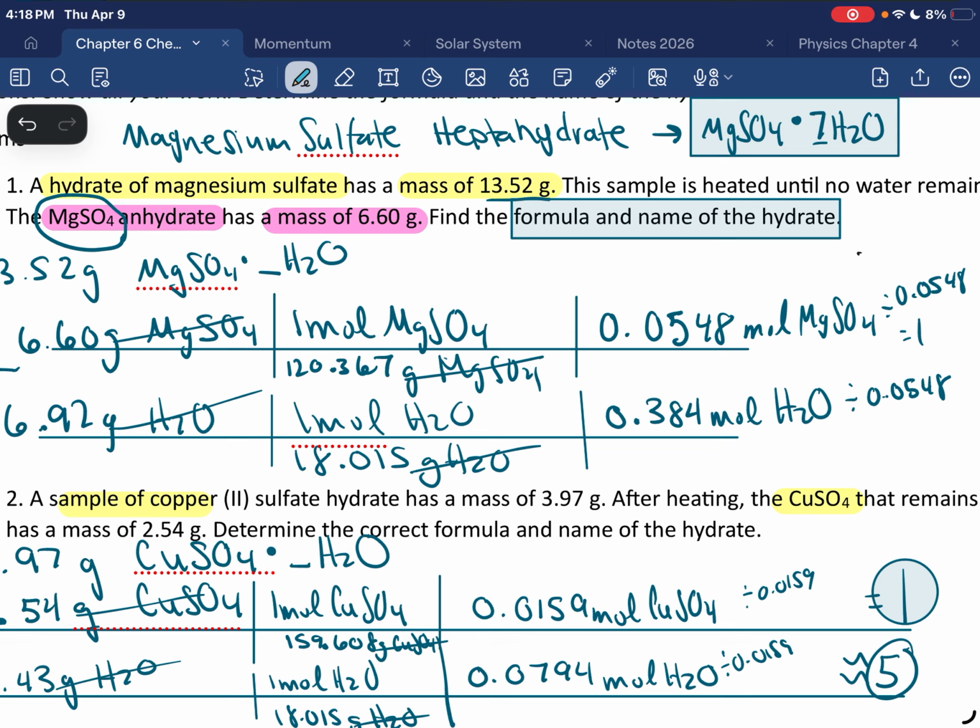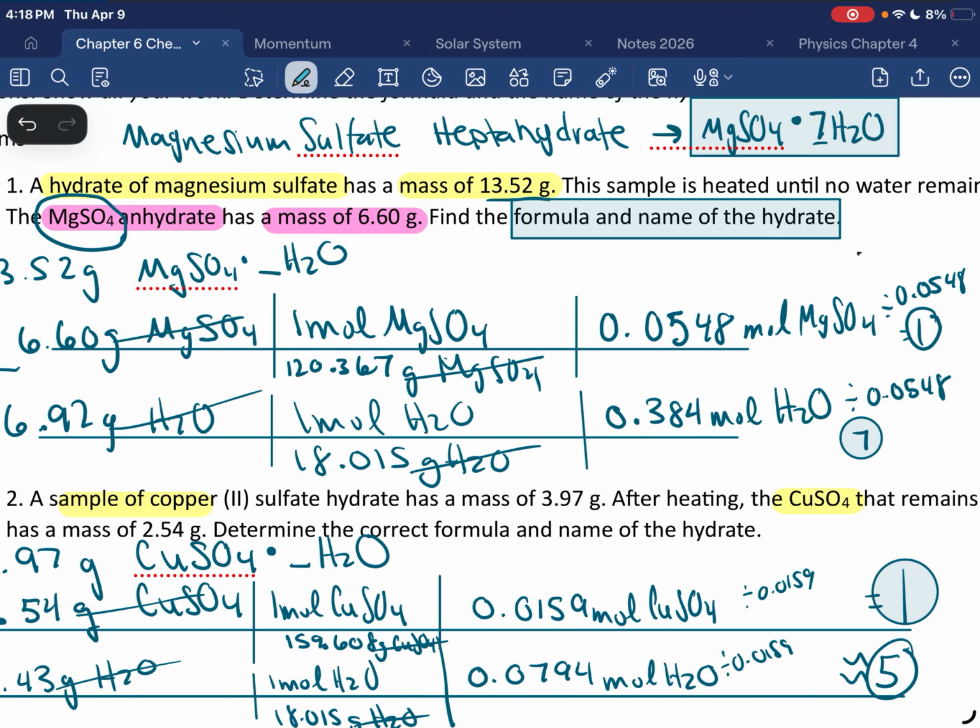And we set the smallest to 1. Now this should come within a tenth, okay? If it doesn't, you got to do more strategizing, just like with empirical, but this should always come within a tenth for this one for you. They come out a little cleaner here, so we ended up with a 7